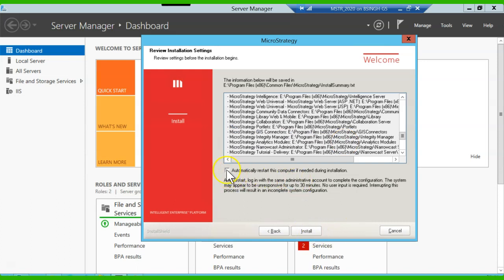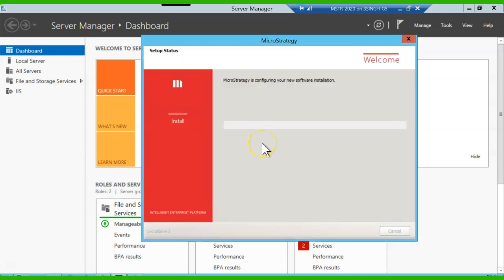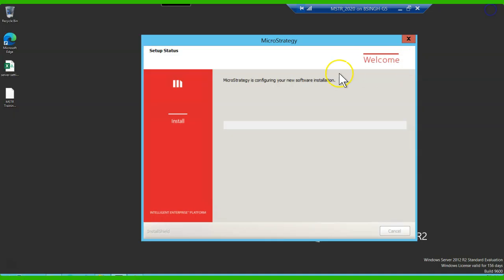You can check this checkbox to automatically restart the computer if needed, or you can restart it later. So I'm going with this checkbox. Yes, it should be restarted automatically. So now it's starting the installation, and it will take a couple of minutes, maybe around 10 to 15 minutes. Till then, I'm stopping the video, and I will resume the video once the installation is done. Okay, so